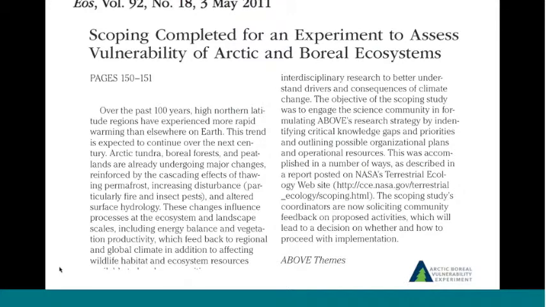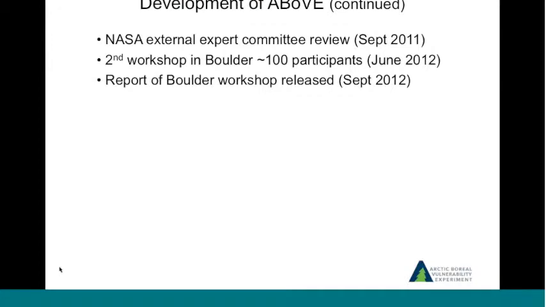One of the ways that we solicited community input was by trying to make as many people aware of it as possible. So notice of it went out to a lot of email lists, and we also wrote a short piece, longer than what's shown on this slide. It's a couple pages, saying that the scoping study had been completed and we're soliciting input from people. So we did that. We got quite a few comments. I don't remember the exact number, but quite a lot.